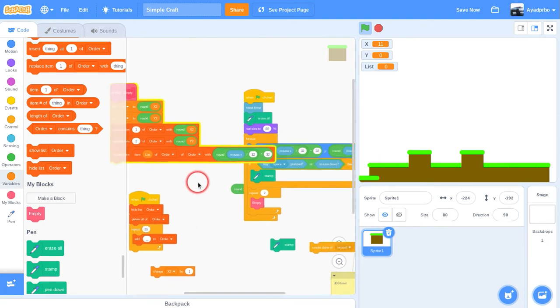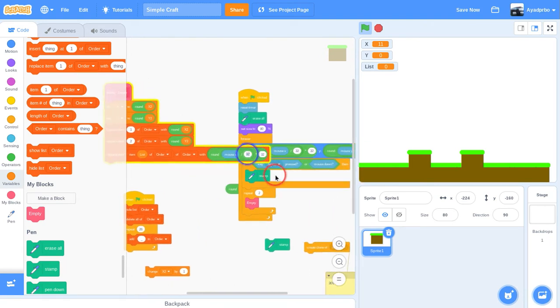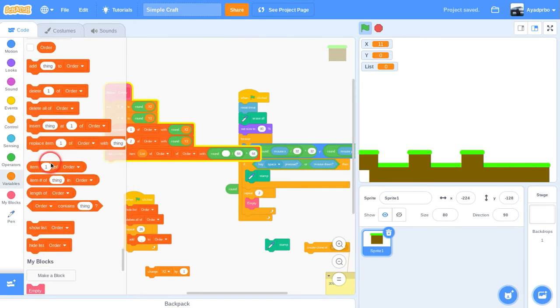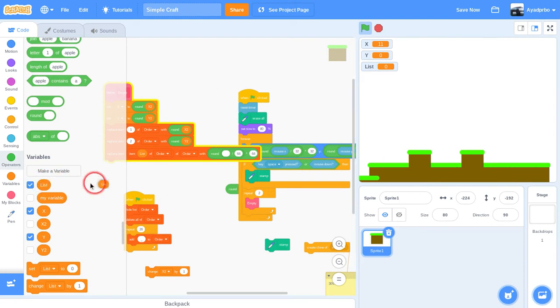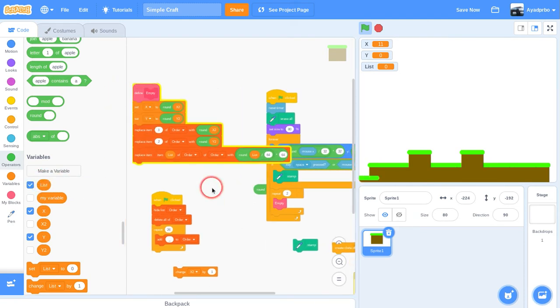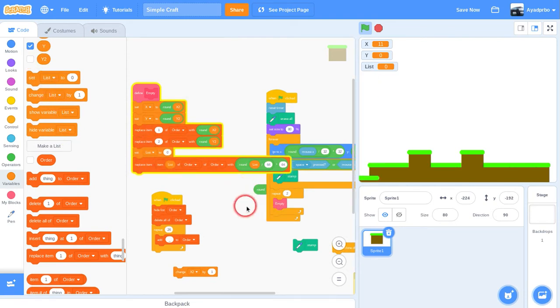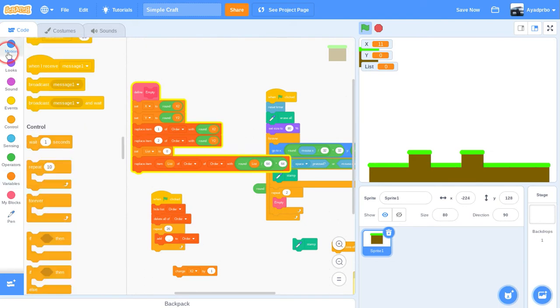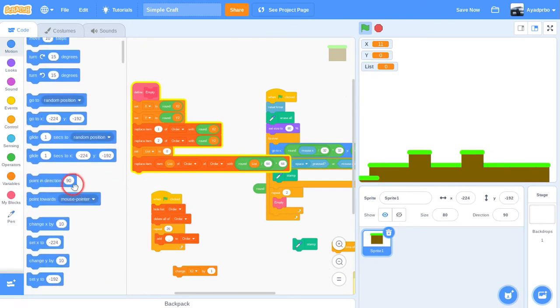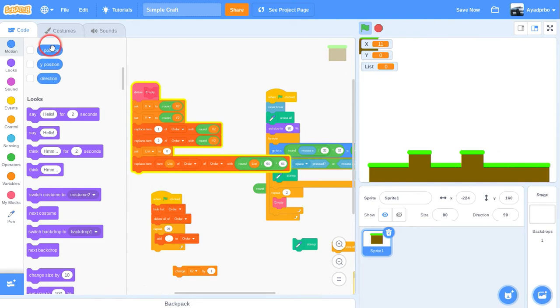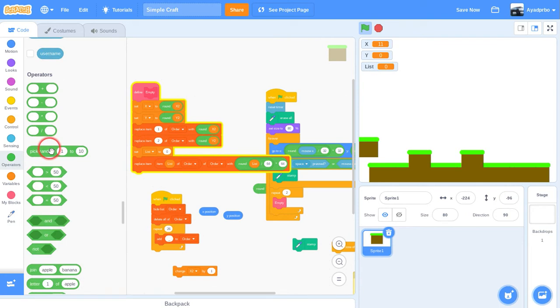We need to move 64 and not mouse X. We will need to use list, but we never even made set list. So we'll need to set list to, and we will need to set list to X position, Y position, and over here